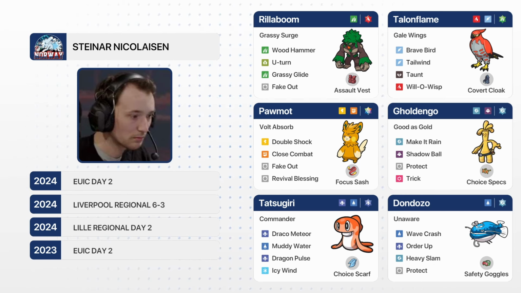thinking it really does not want to get countered by Amoonguss. Has that Tera Steel, has that Safety Goggles. Exactly. If the Amoonguss has Clear Smog, has Spore, not gonna do anything to this Dondozo here. Yeah, really does not want to get countered by that. Of course, there is still the threat of Primarinas that run Haze, but not gonna have to face that in this matchup. Also, the Safety Goggles, not really gonna help him here either, but still an interesting item to have